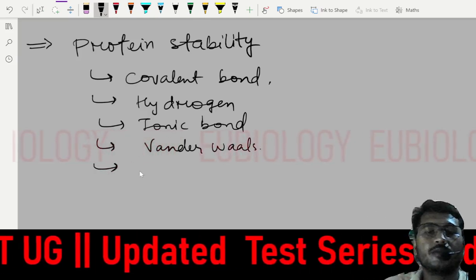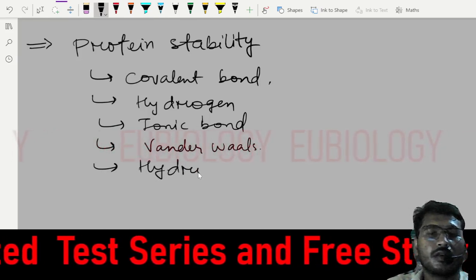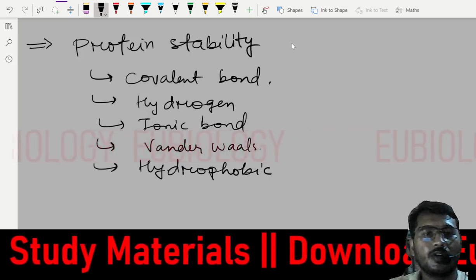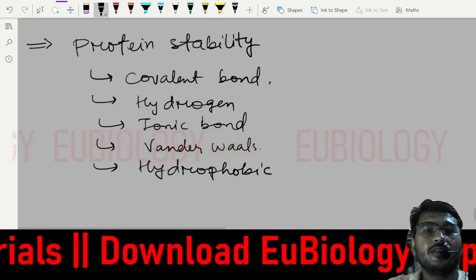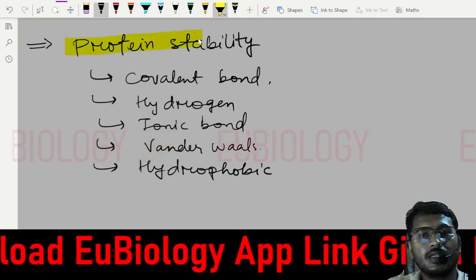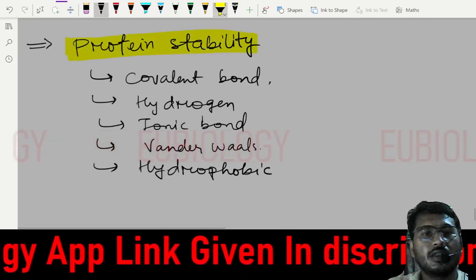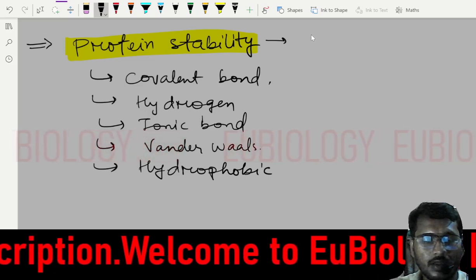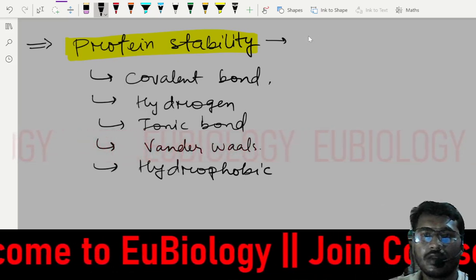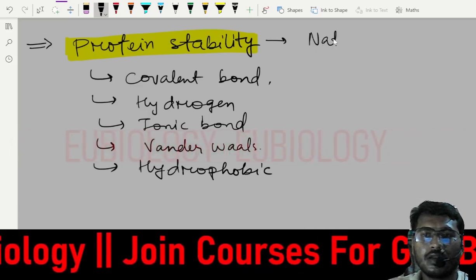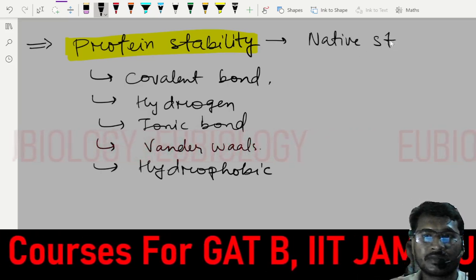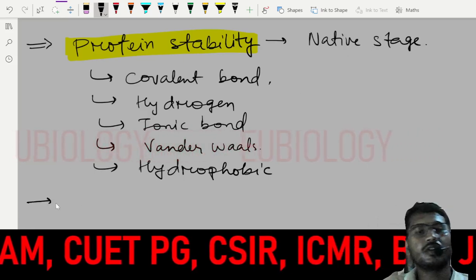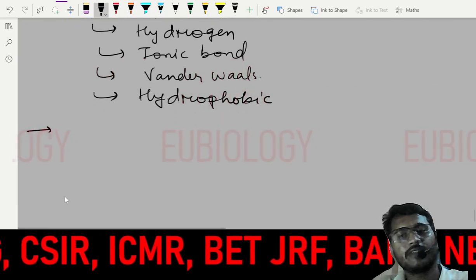Most important, the hydrophobic interaction. Okay. So whenever we talk about protein stability, the most important thing is that the protein will be in its native state. Any protein which is present in nature is considered to be in the native state. So one by one we'll see the effect of all these bonds, and how they affect the protein